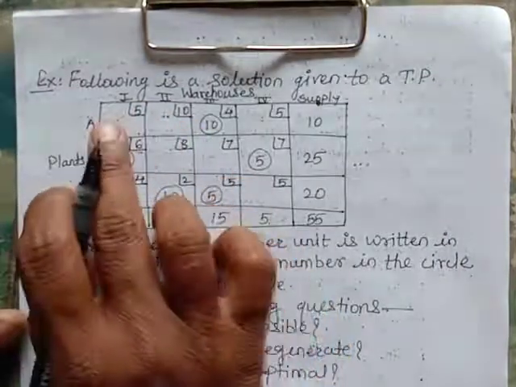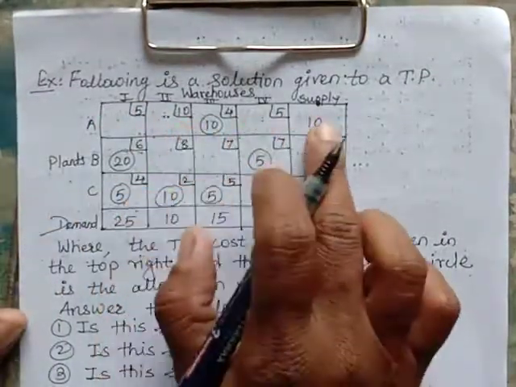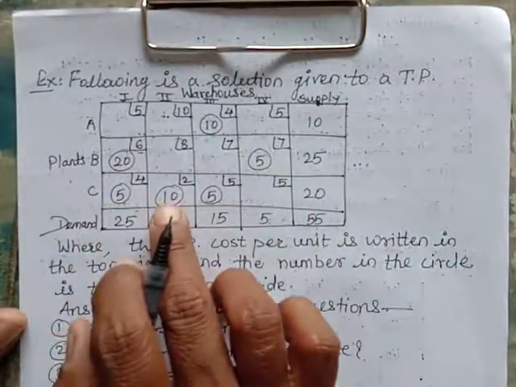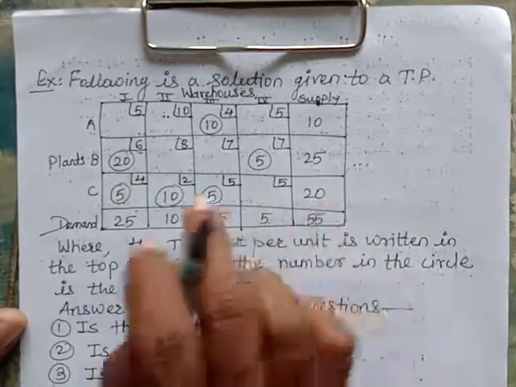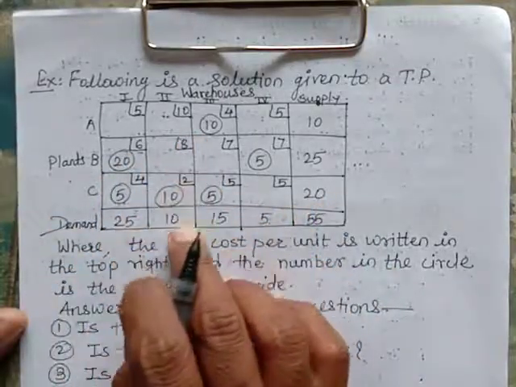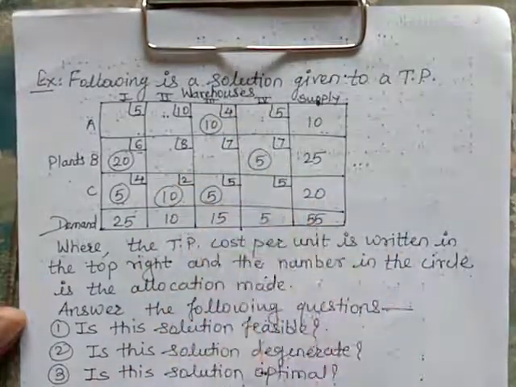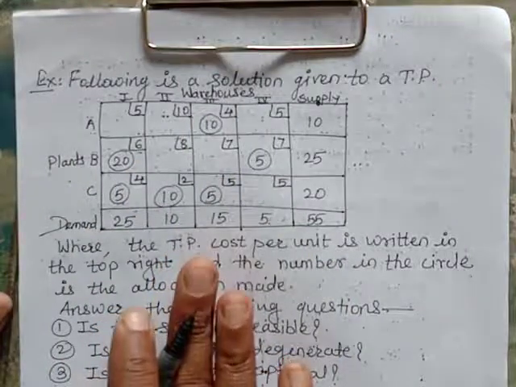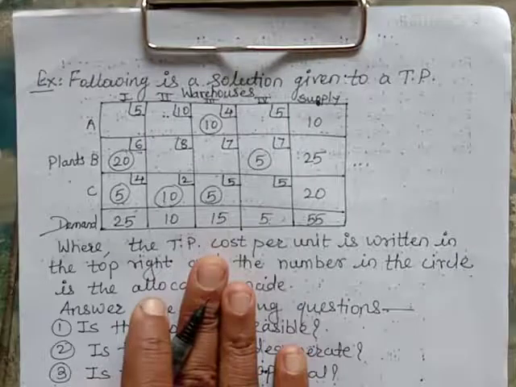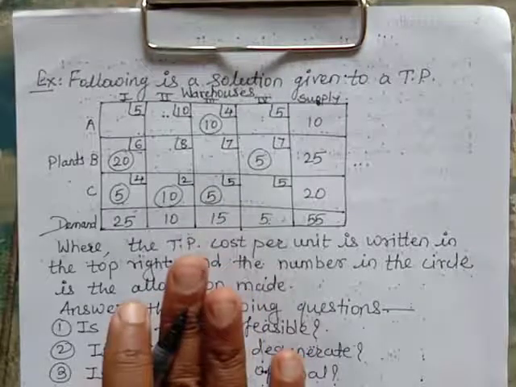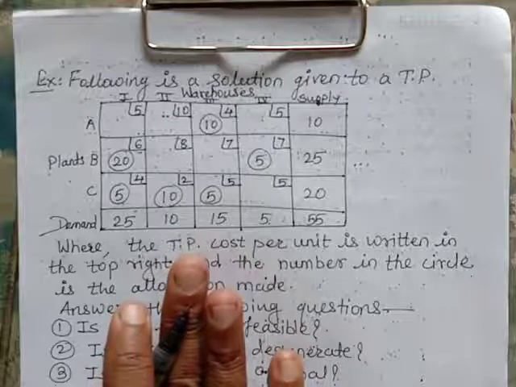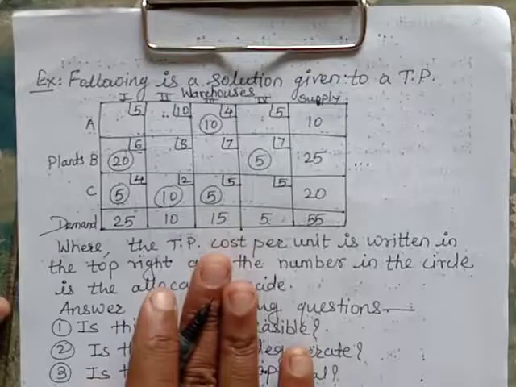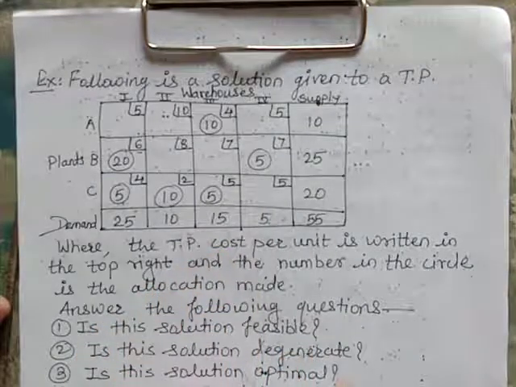Now look at here. Here the supply is 10. So here 10 is satisfied. 20 plus 5, so 25 here satisfied. 5 plus 10, 15 plus 5, 20 will be satisfied. 20 plus 5 will be 25. Again 10 is satisfied. Here 15 is satisfied. 5 is satisfied. So all the demands and constraints are satisfied. Means this solution is a feasible solution, and it is a balanced TP. So simply we have to check whether the demands and supply are satisfied or not. So it satisfies it, so the solution is a feasible solution.